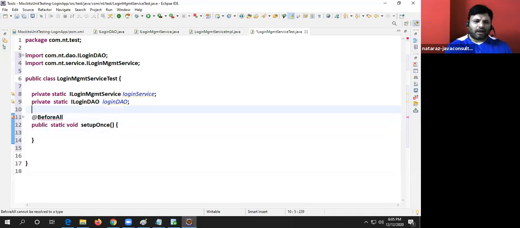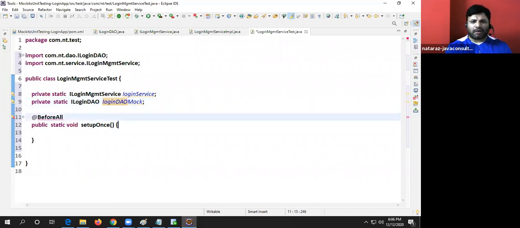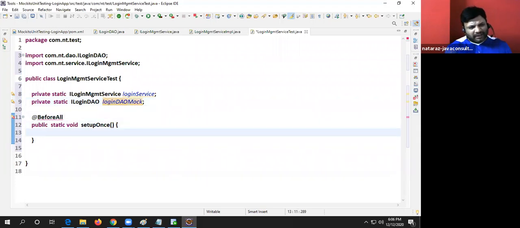Now, are you going to have a real login object or a mock only, boss? Login DAO mock. I'm going to take a word called mock. Are we going to have a real one or a mock one? Mock one. So that's why, listen,